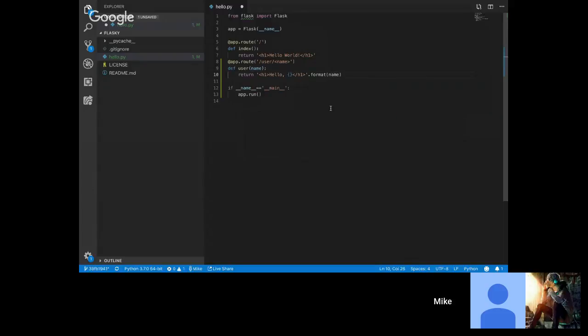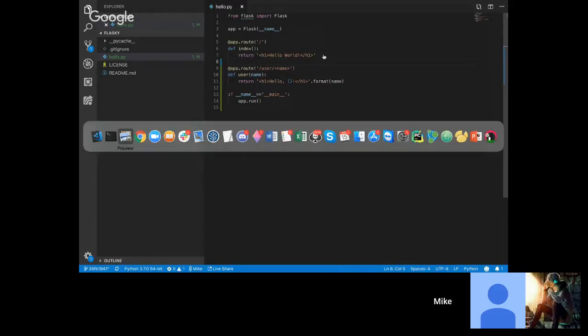So this is like string interpolation in Rails. The bracket will be replaced by whatever is here. So, yep. And